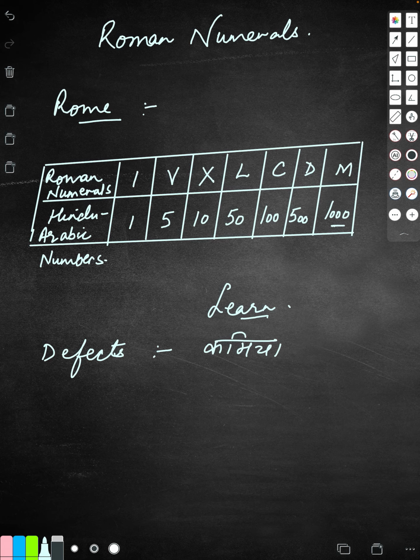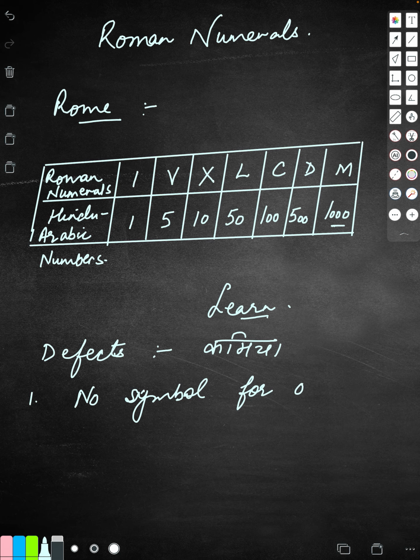If you open up your books on page 17, you can read these defects. सबसे बड़ा डिफेक्ट उनका था, no symbol, they developed no symbol for 0. तो जिन के भी बीच में 0 आ रहा था वो रीडिंग बहुत मुश्किल हो गई उन चीज़ों की.